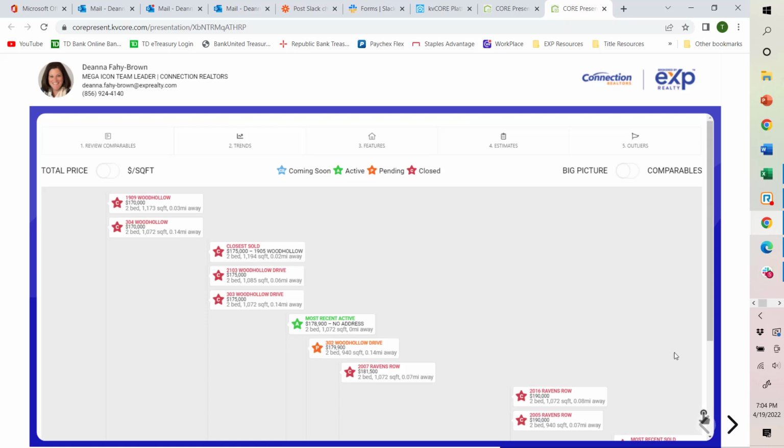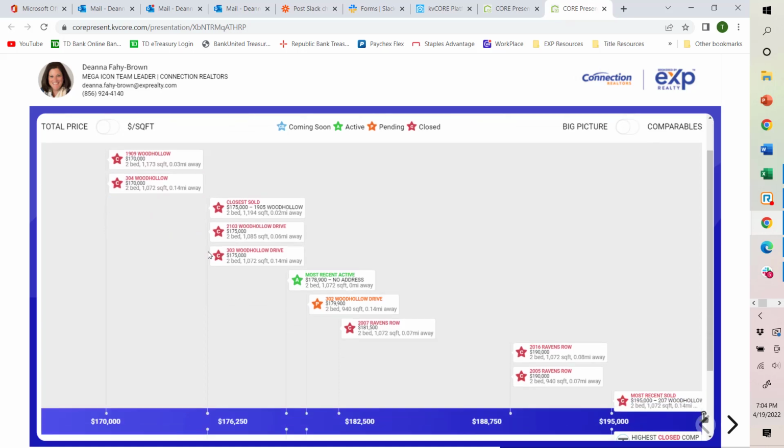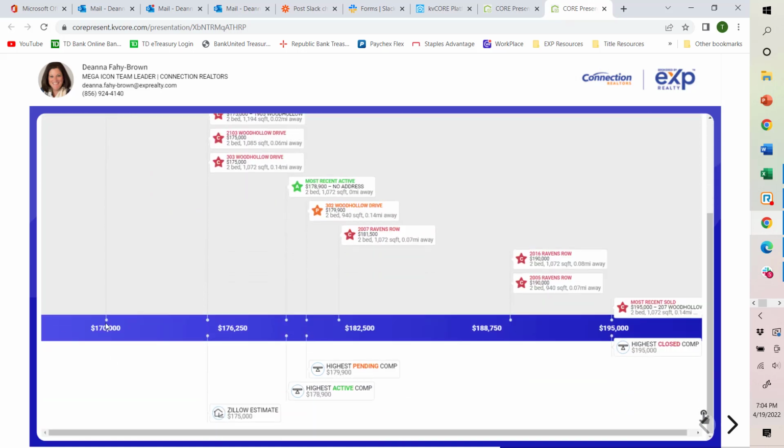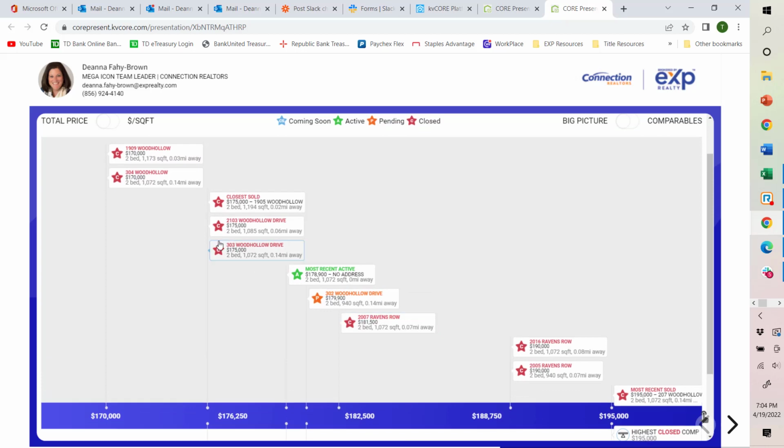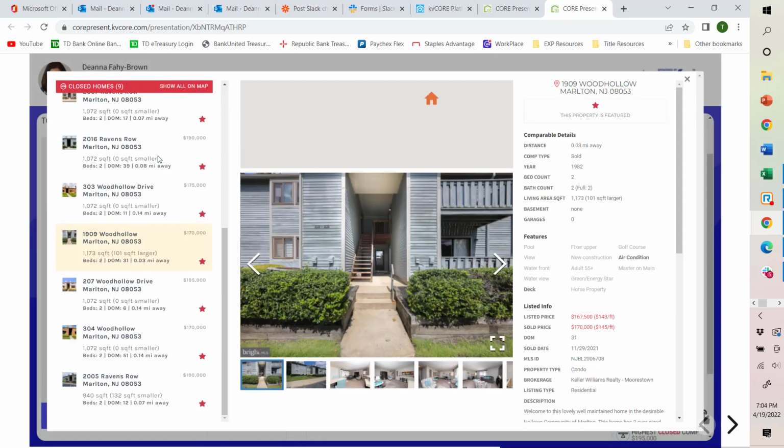Well, here's the price line. Right at the top, you'll see that I'm reminded of our legend, what the colors, blue, green, orange, and red mean. As I scroll up and down, above the price line, I'll be able to see all those pinpoints that took us from the map now to this view. And below the price line, I'll be able to see some highlights, whether I, as the agent, was highlighting highest prices, average prices, lowest prices, or as we talked about, even the Zillow estimate, will all appear here for the client to see. This is where the client can then click on any of these individual properties to be able to get the